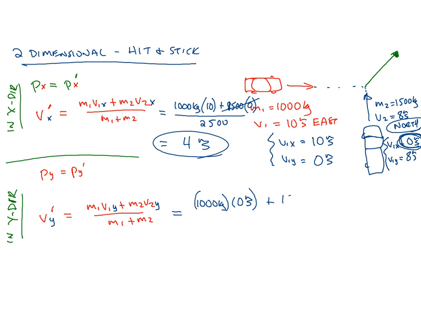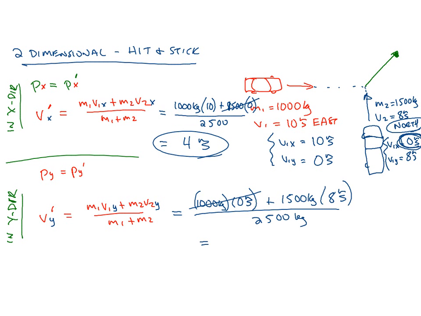Plus, mass 2 is 1,500 kilograms multiplied by V2y. Go look for V2y. It's over here in our picture. It's the 8 meters per second. Divide by the sum of the masses again. And here 1,000 times 0 would be 0. 1,500 times 8 would be 12,000, divided by 2,500